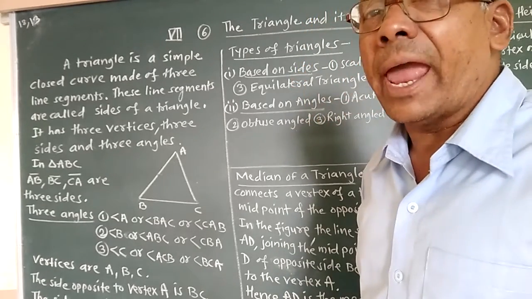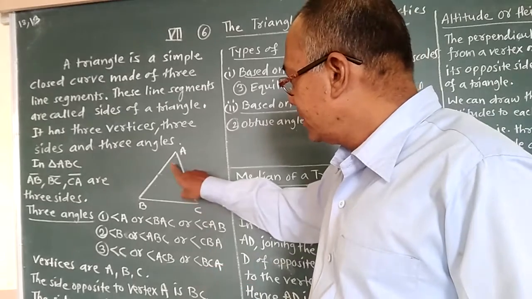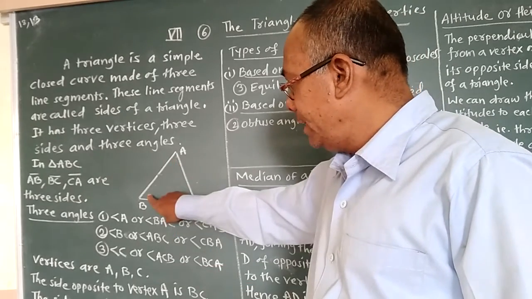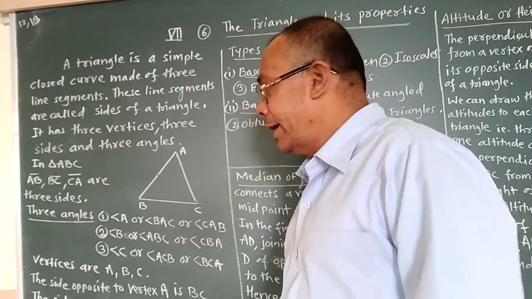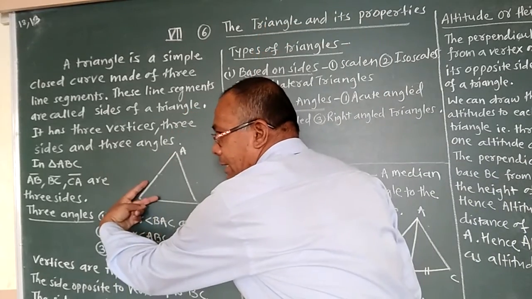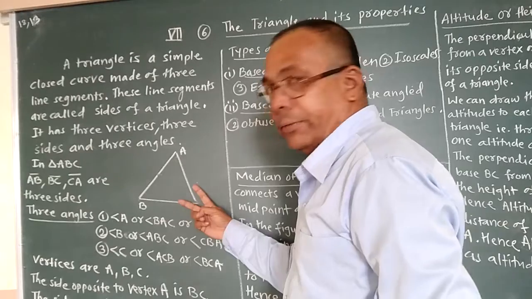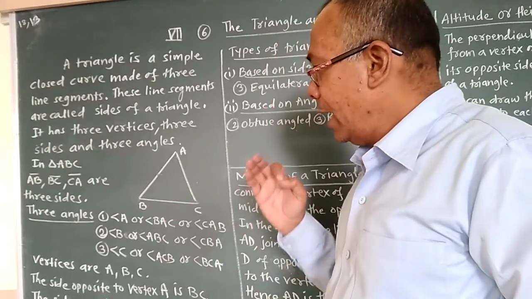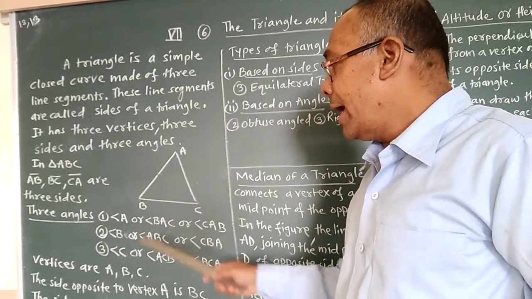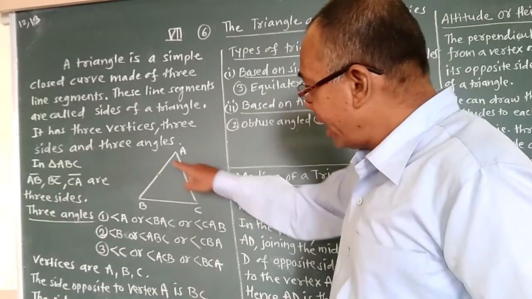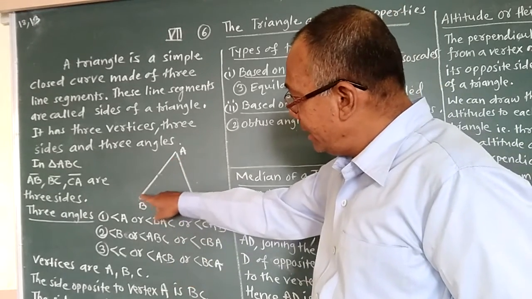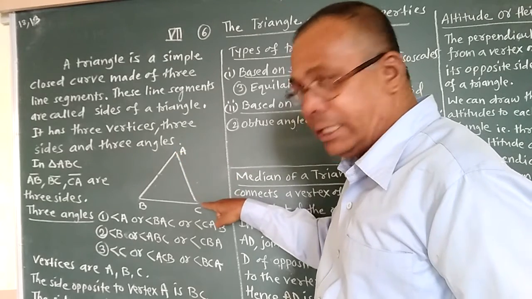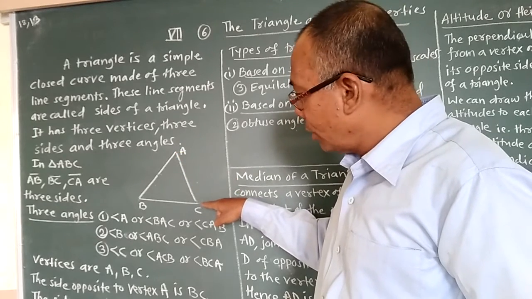Now there are three angles, means A, B and C. These are the three angles. Here angle A can be represented as BAC or